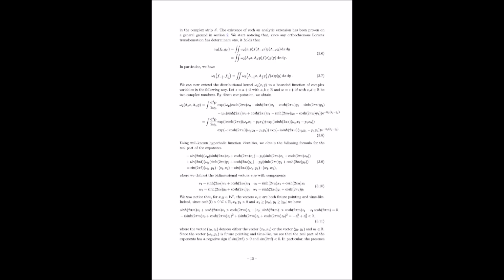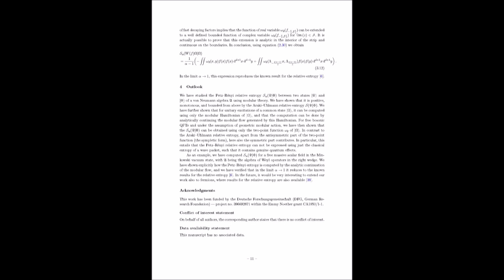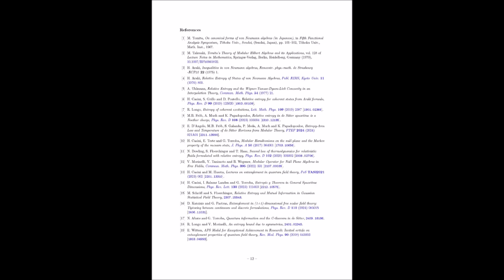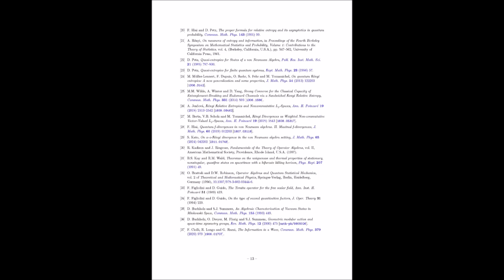Well, they don't stop there. Of course not. They go on to connect this entropy to something called standard subspaces in section 2.3. Standard subspaces, okay, what are those and how do they fit into all of this? Standard subspaces provide another way to look at the modular structure of these free theories. And they're really useful for calculating relative entropies. So it's like viewing the same landscape but from a different angle. That's a great way to put it. You gain some new insights in the process. And they actually define the Rényi entropy for a vector within a standard subspace in equation 2.34. This definition is closely linked to the Petz-Rényi entropy, but it's expressed in the language of standard subspaces.